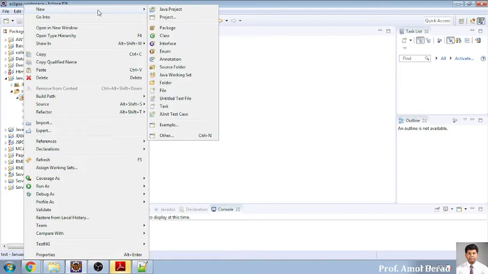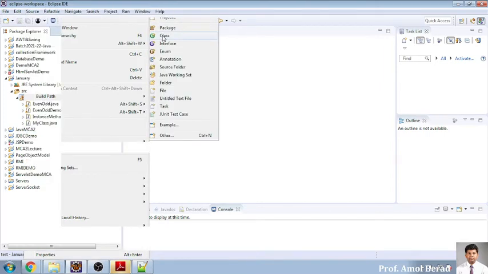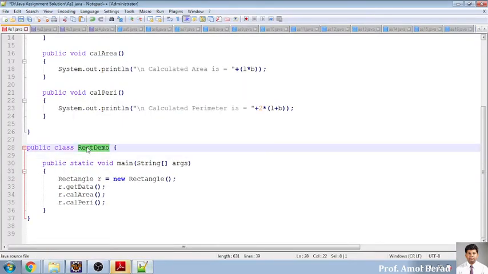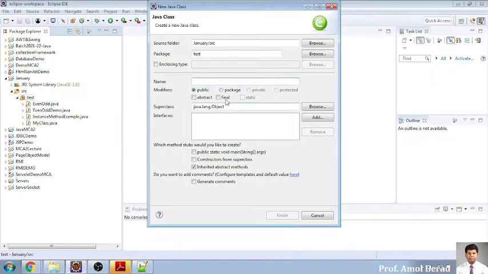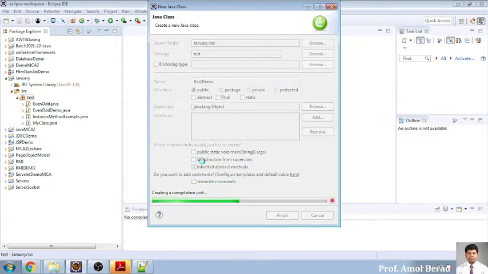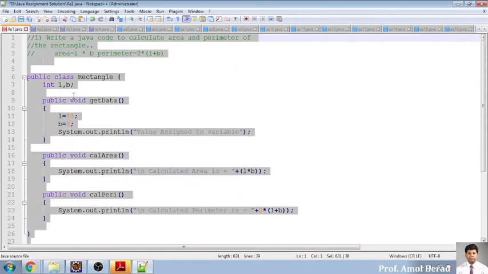So new, and I am creating one class file. Now what should be the name? Because we have written this, this is the name of the file, so it should be the only name and it should not be changed. So here I am putting it as RectDemo, no space. If I put a space, it will display the error message that the name is invalid, because space is not allowed. I am just creating this class with finish. I won't do anything else because I have to take the whole code from here. So I am copying the code.